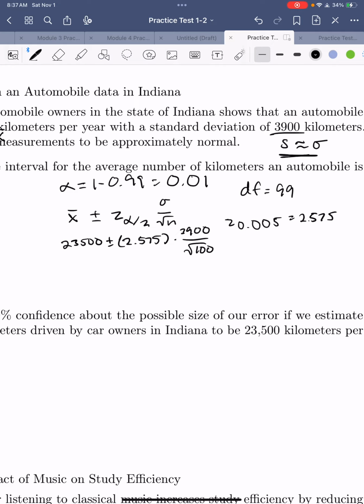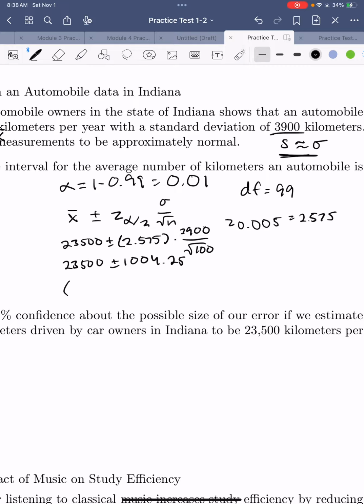So 2.575 times 3,900 divided by square root of 100 is 1,004.25. And so that's equal to 23,500 plus or minus 1,004.25, and that gives us our confidence interval